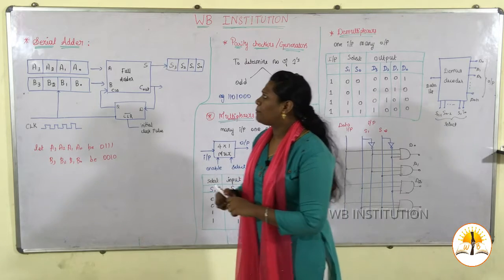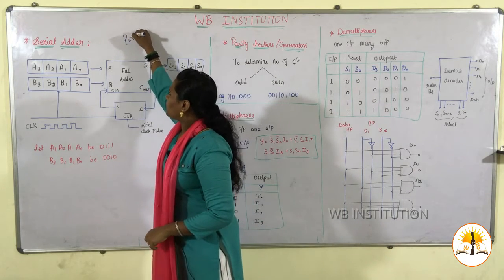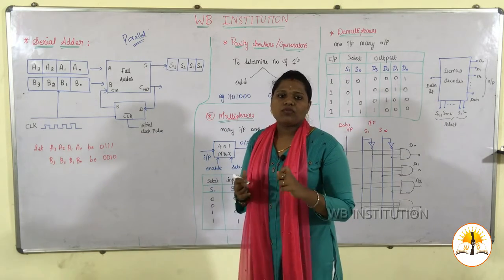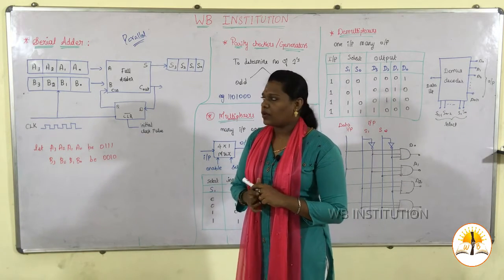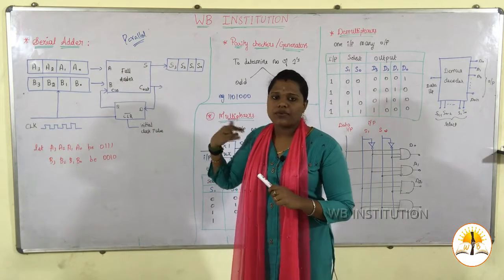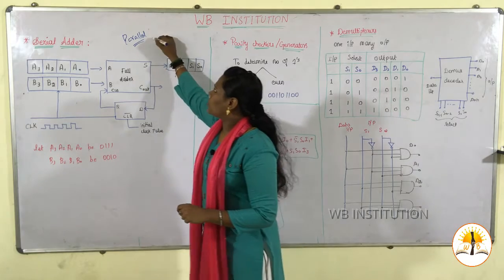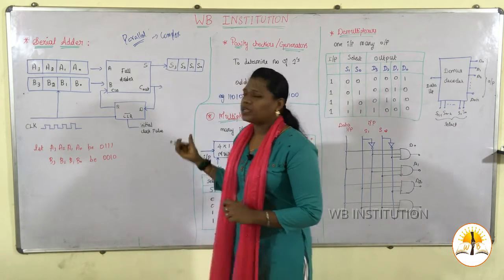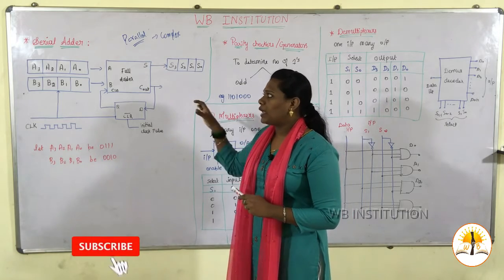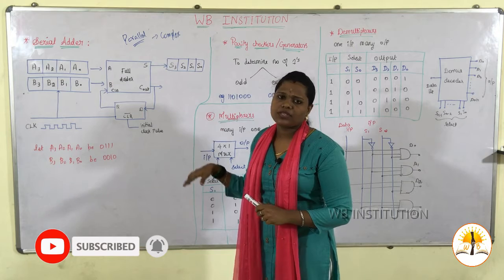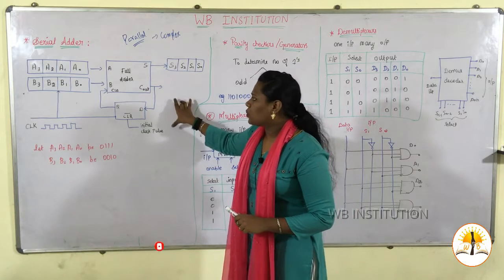We generally use a parallel adder. Why do we use a parallel adder? It performs the operations at more speed. Compared to the serial adder, the parallel adder is very fast. But the circuit is very complex here. It involves more circuitry, so we adopt a serial adder. The output will be the same for serial and parallel adders, and the circuit is also very small.